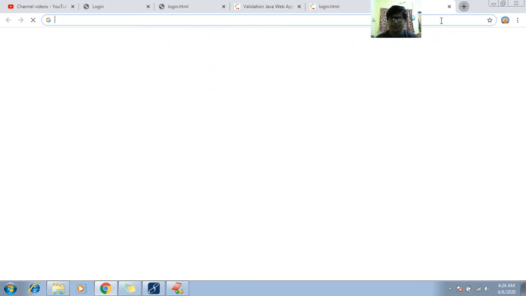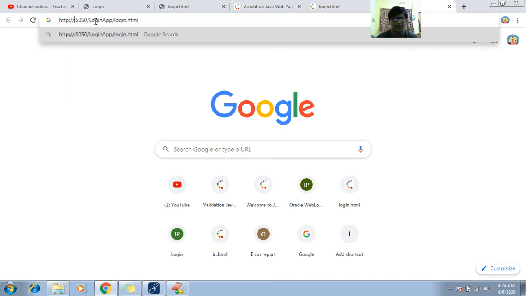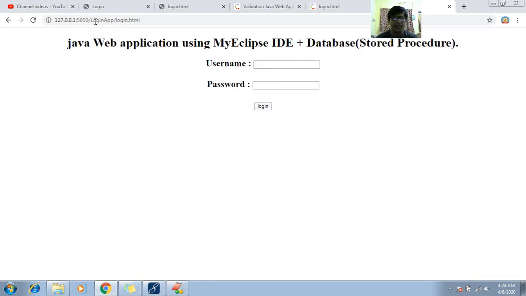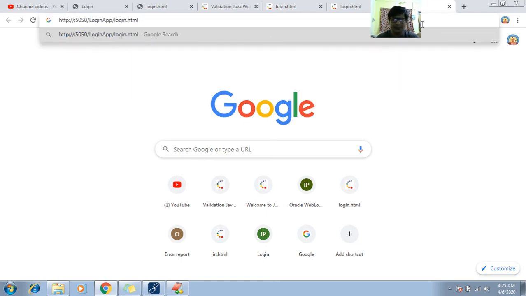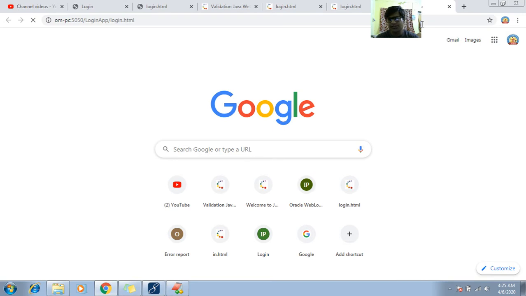So also we can proceed in this way also. 127.0.0.1, this is also valid, or you can test by using the computer name or machine name home-pc. So this is also valid.